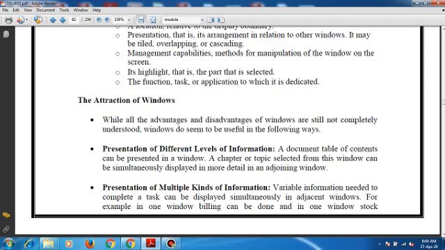The presentation of multiple kinds of information. The various information that is needed to complete a task can be displayed simultaneously in adjacent windows. For example, we can display the user phone numbers in one window. In another window, we are able to see their names.